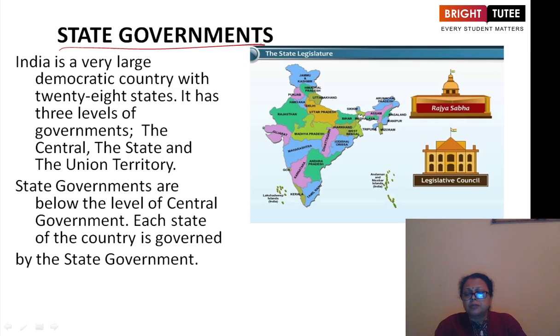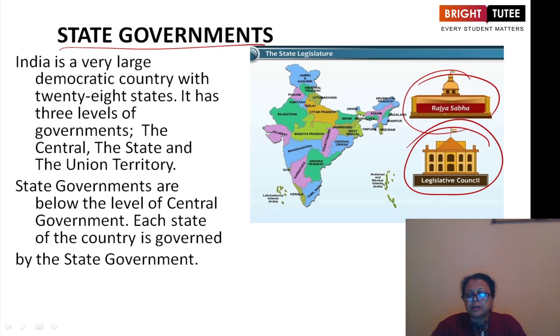Inside this, we are coming to discuss this. In comparison to this, it is given over here the Rajya Sabha. Then we have the Legislative Council. The same way, what is the position of the upper house? It is at the country level. The same way, at the state level, this is the upper house.